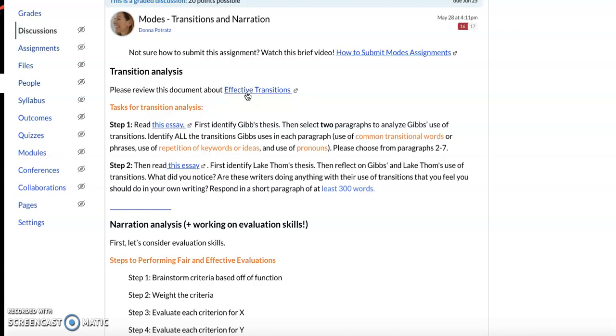Okay, so one thing I really want you guys focusing on, is oftentimes something that I comment on, especially for people who don't really write very frequently, is really doing a concentrated effort at some point during your drafting stage to really work on transitions. And I hope you guys use this document to help you out.